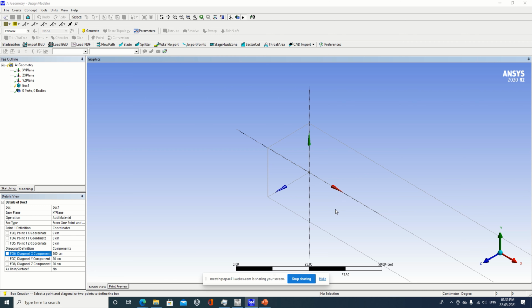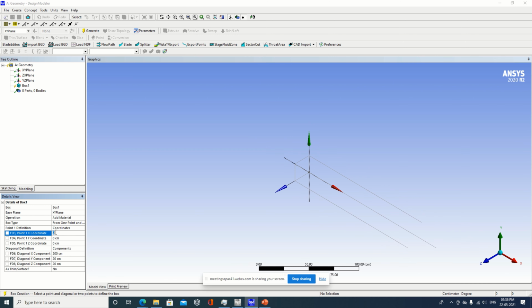I want this to be at the center. So what I will do is I will make this portion as minus 100. Now it will become at the center. Now this is one thing, you are able to see this wireframe. Second thing, I want to change dimension in Y direction. Here it is 20. Say for example I want only 2.